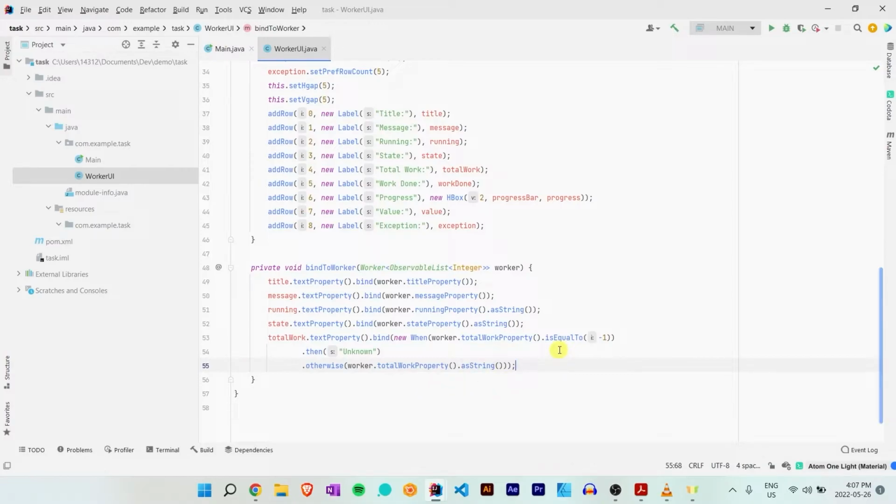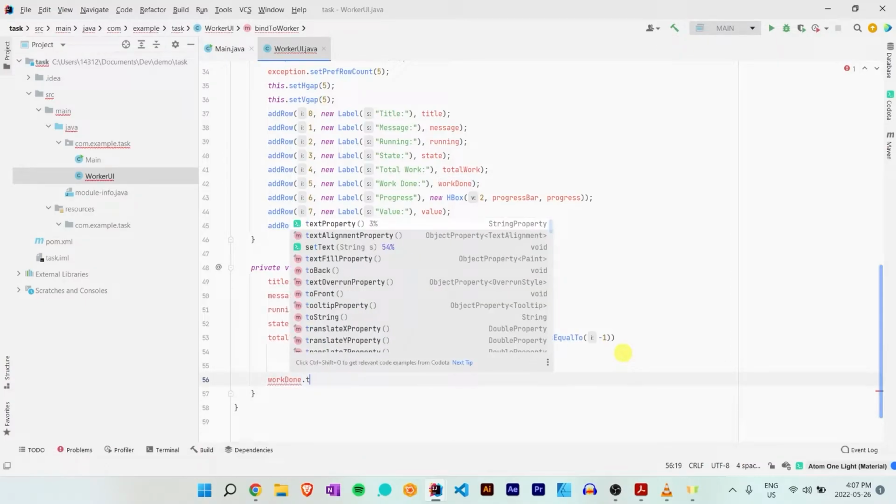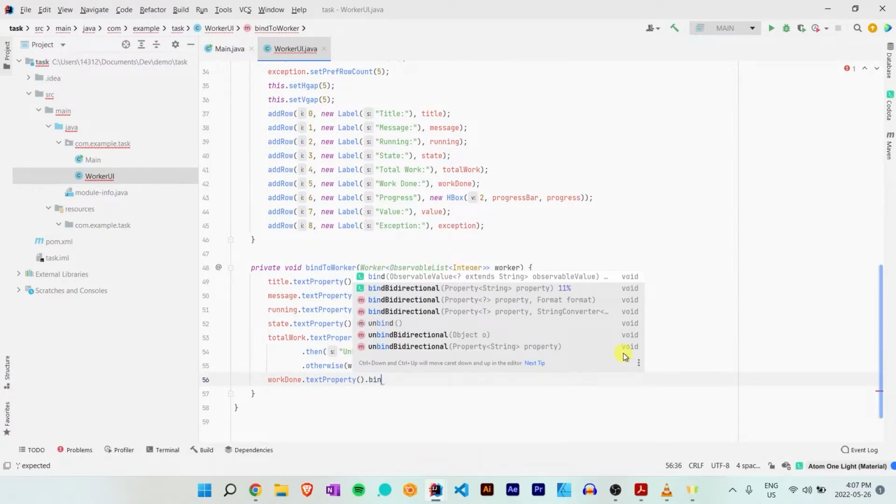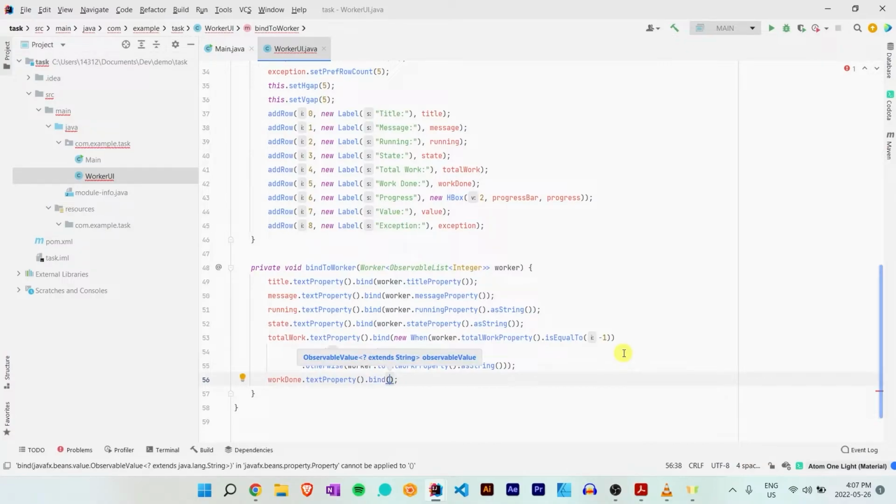This is sort of like an if statement. We're asking, is it equal to -1? If it is, okay, then it's unknown. Else, which means it's not equal to -1, which means it is known, then bind it to whatever value it actually is. All right, so we can also do work done dot text property bind, and we'll do new